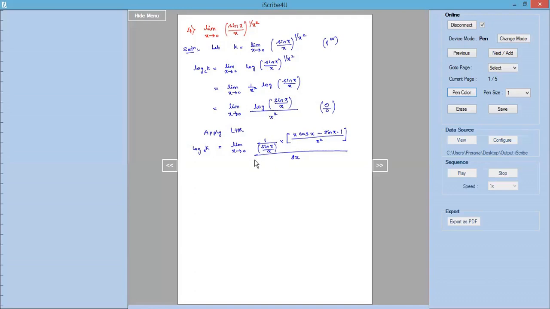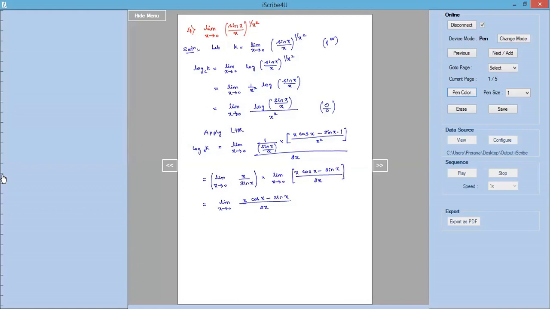Now, we will just rearrange this and write down the given limit. So this is limit as x tends to 0. This can be written as x divided by sin x into, since we have product form, I can split the limit like this: limit as x tends to 0, x cos x minus sin x, the whole divided by 2x. The first limit, limit as x tends to 0, x divided by sin x, is 1. So 1 into the other limit gives us back the limit form, x into cos x minus sin x, the whole divided by 2x.